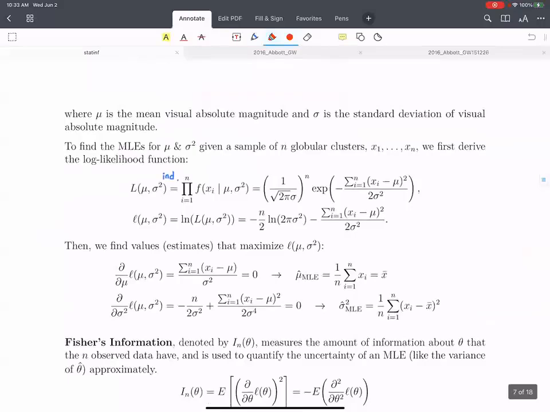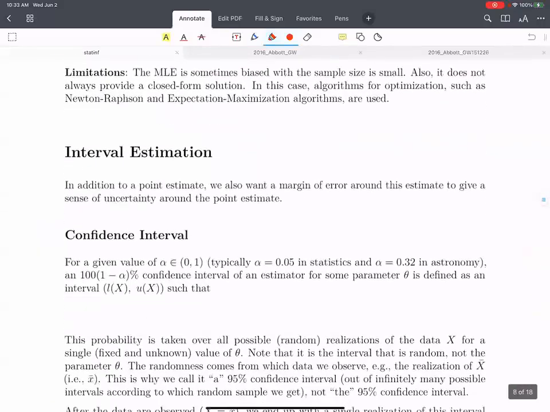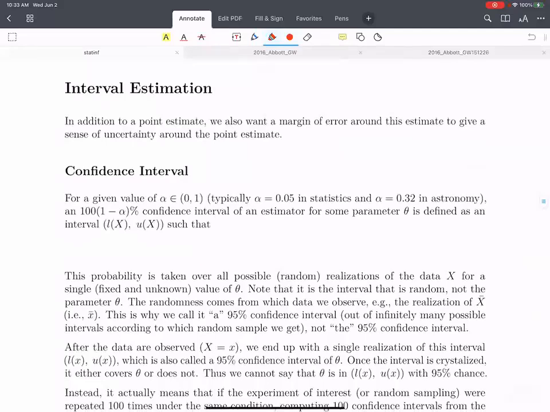Last time I talked about the likelihood function, and now we are moving on to interval estimation. Again, you will see how the likelihood function works in deriving confidence interval estimation. The reason we derive interval estimation is to give some margin of error around the point estimate. Because if I just give you a point estimate, you might wonder how uncertain that single number is. So we typically give some range of likely values of the parameter.